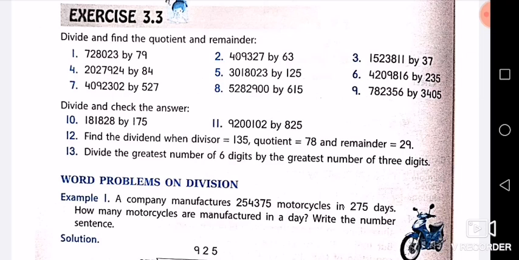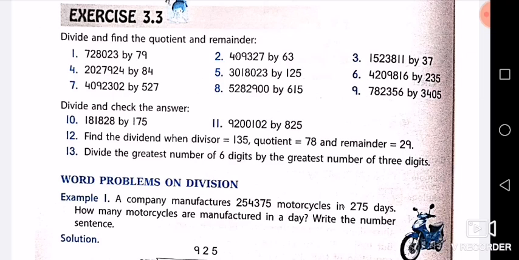See children, if you are going to find any nearer number for the divisor, then also, like in question 4, you can see the divisor is 84. So we can get an idea by 80 also, like with the table of 8 you can find it out, like 8 2s will be 16, 8 3s are 24. So this number is going on 2s. So 84 you will multiply by 2 times. This is why I have told you, so that you will not get confused. You are not going to do the multiplication of the times table again and again, and then forget where you have written it.